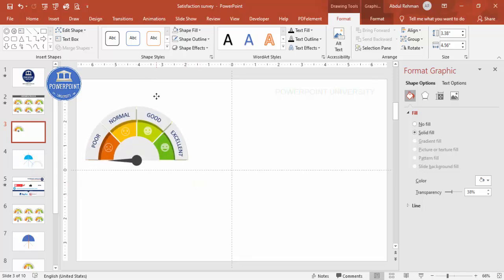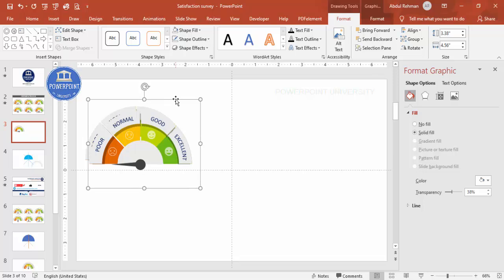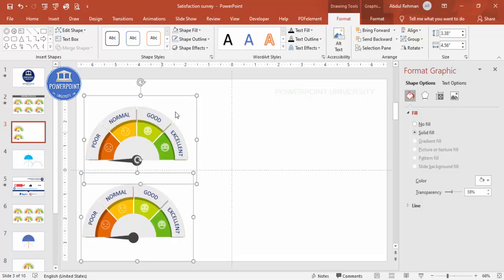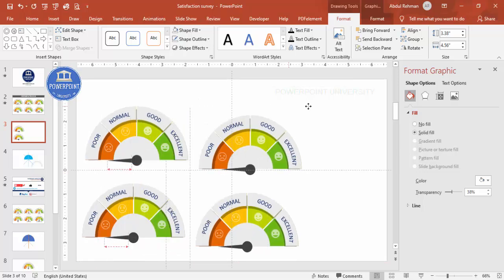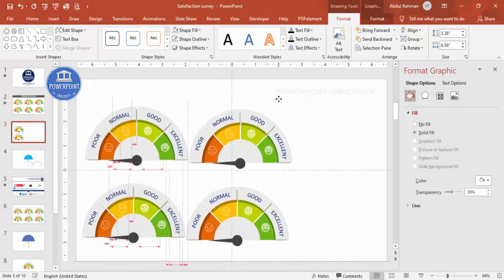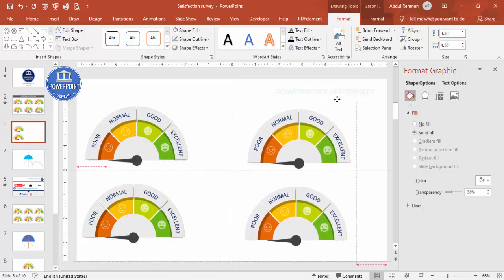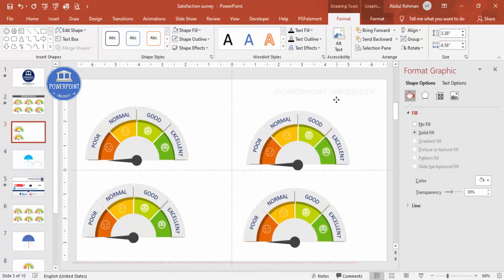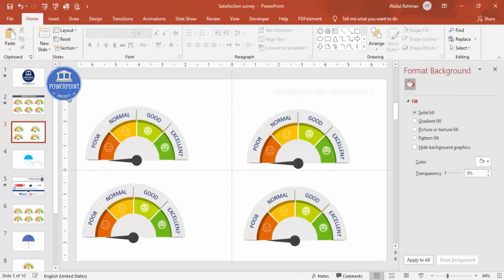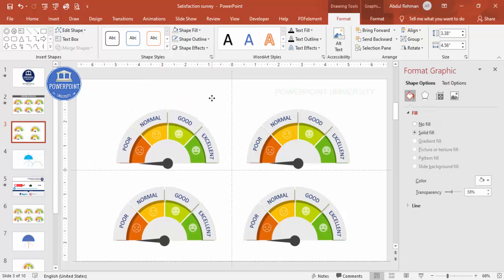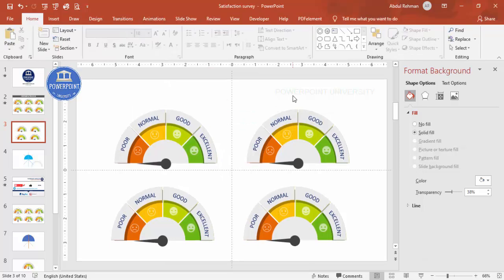You can see here, and then you can just duplicate it. Ctrl D, duplicate. All right, and then Ctrl D, duplicate, and add 2 more here. So if you have less space, you need to reduce further, and then you can just add more of these scales or the meters. All right, so this one also I'm just going to move a little bit closer to this one. All right, so I'm just going to use only 4 for this example.